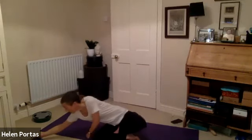Maybe noticing the breath perhaps is coming more easily and more comfortably into one hand than the other. And see if you can begin over the next few breaths to lengthen both the inhale and the exhale. Bringing the breath under conscious control. And just by slowing down, our breath is an automatic response, but it's also an element that we can have a little bit of control over. So we can begin to deepen and lengthen each breath, tapping into our parasympathetic nervous system, that part of our nervous system that helps us send messages around the body into the brain that it's okay to slow down,